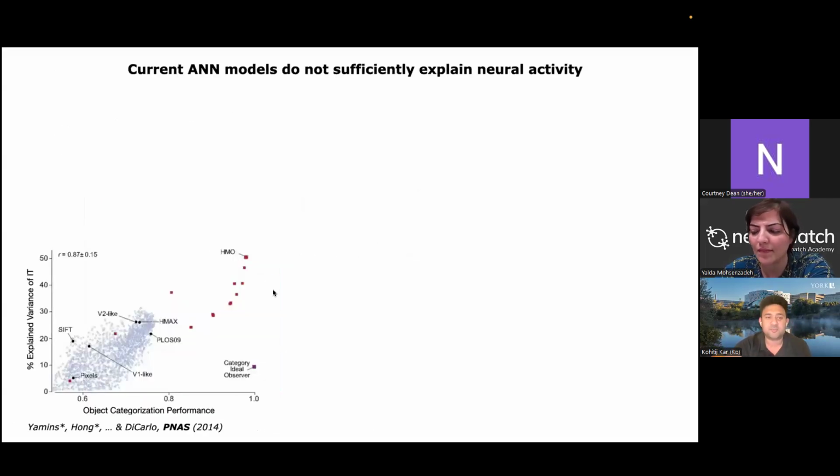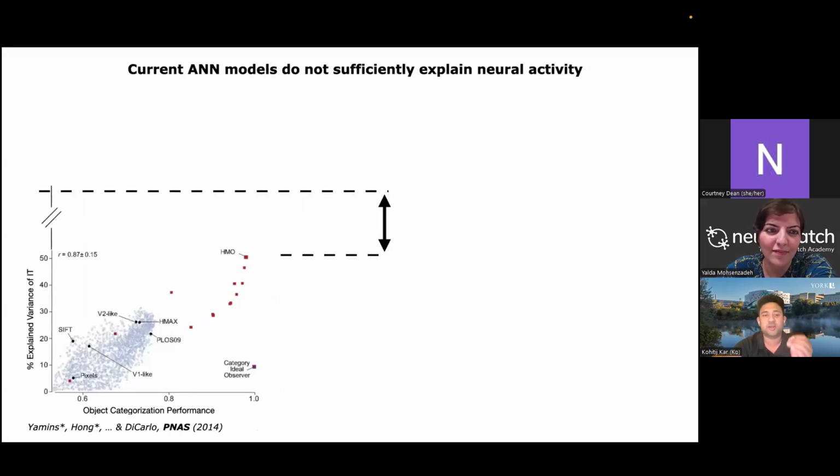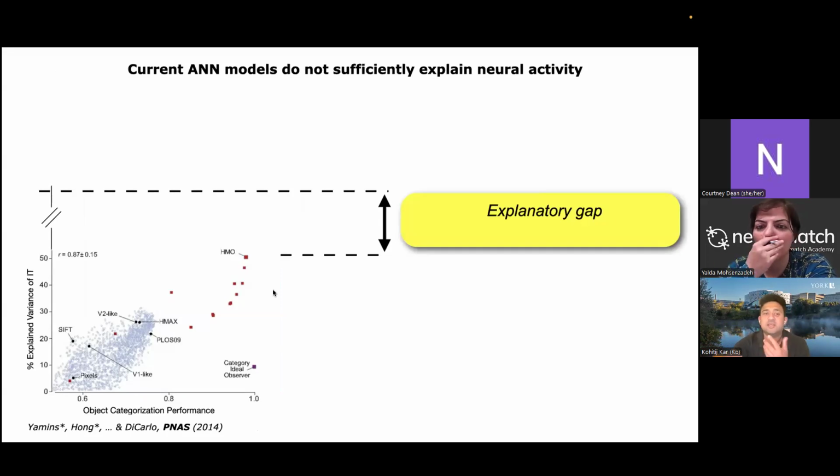Again, this is another plot. Don't worry about the details. The main idea is the neurons predicting neurons. So here we are building models that are also models of the internal components of the brain, which are the neurons. And the state of the field is that there is still an explanatory gap, meaning that models cannot predict the neurons as well as the same neuron can predict itself for a different trial of an experiment. So these explanatory gaps exist, which means that we have to improve this model.